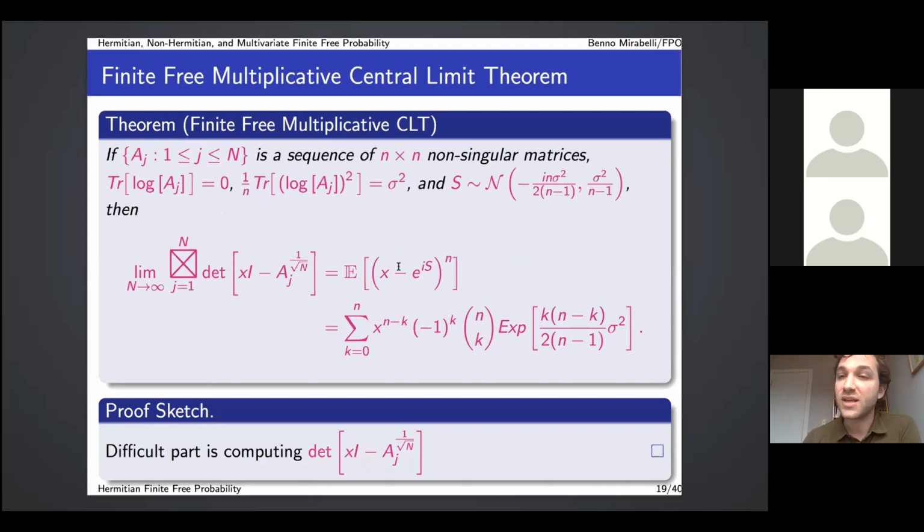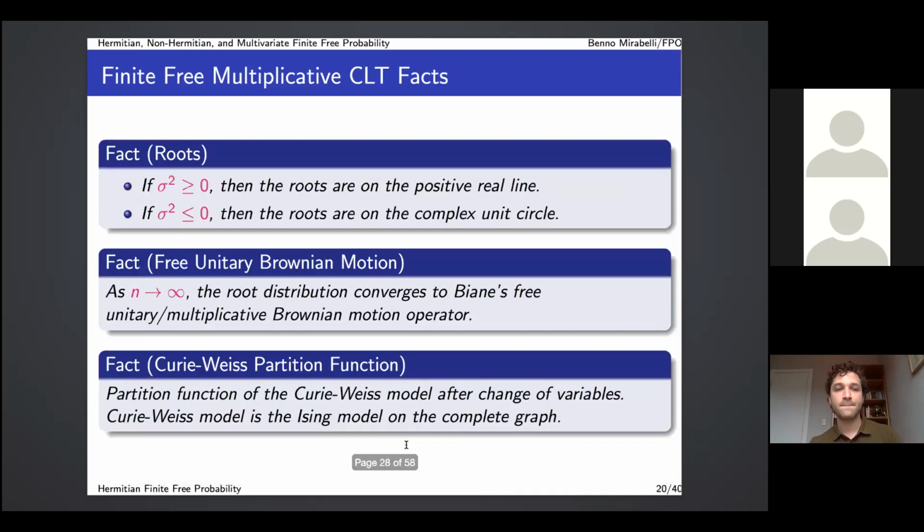And it converges to this polynomial, which once again I write as an expected polynomial, where this random variable is distributed according to the log normal distribution, which is the multiplicative central limit theorem of classical probability. The hard part in this proof is really computing this scaled polynomial, the characteristic polynomial of this exponentially scaled matrix, which we do using some combinatoric identities and leveraging Newton's identities.